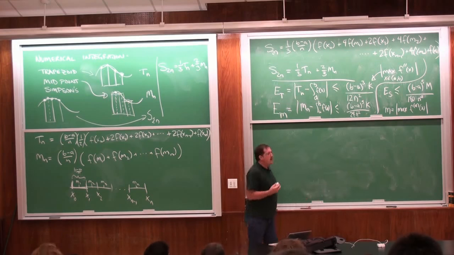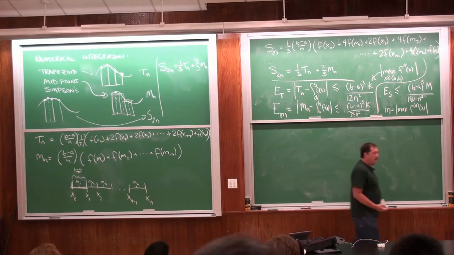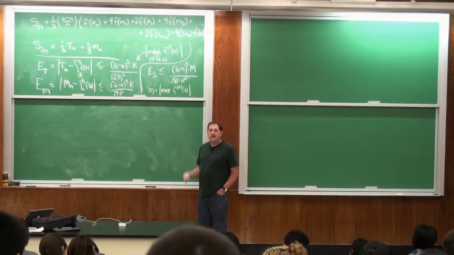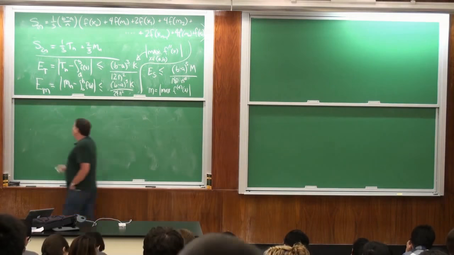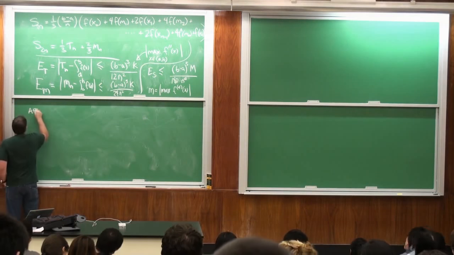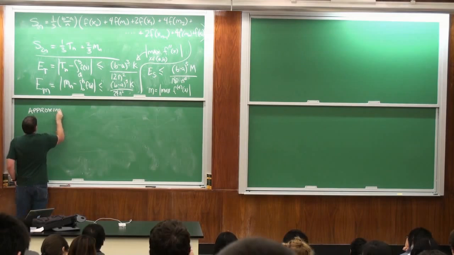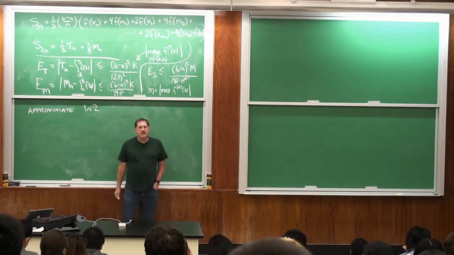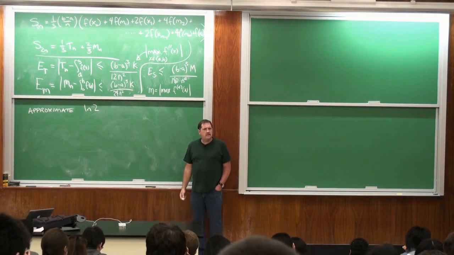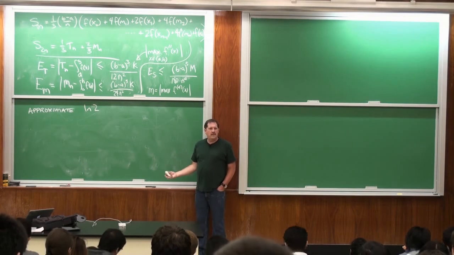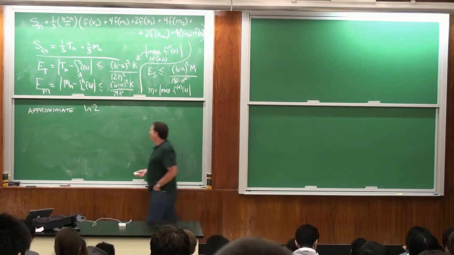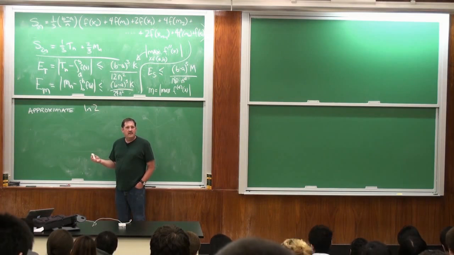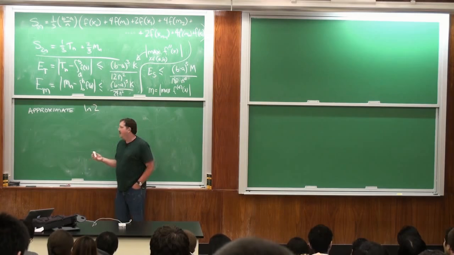So suppose, for some reason, I don't know why, you only have a four-function calculator, or you can only multiply, and you want to calculate the log of 2. How good should I want? 3 places? 4 places? Should I do log of 3 instead? Let's do log of 3. Does anyone know the log of 2? Is anyone here? Okay.